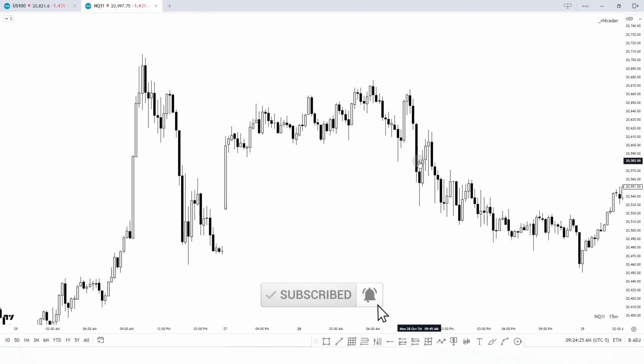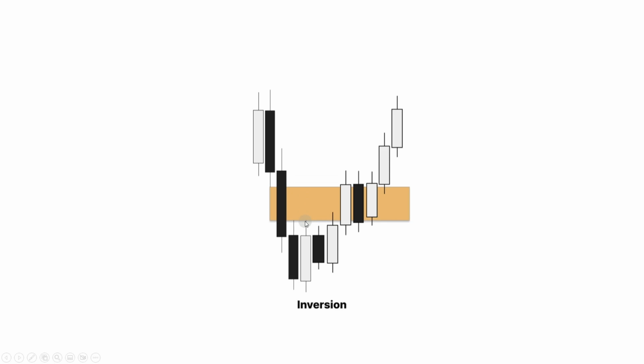This is a SIBI. Price gets into it. You have your opportunity here, targeting the gap. This is an inversion level. So every array can act as an inversion, meaning if price is bearish here and we have a SIBI right here, when price closes above the SIBI